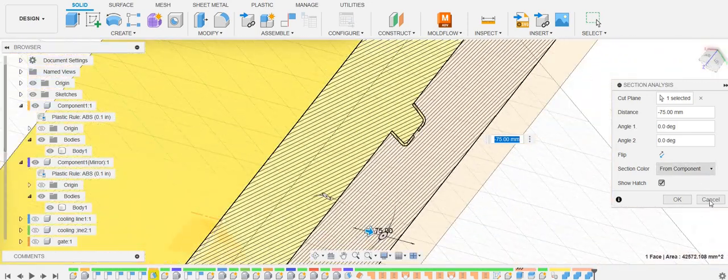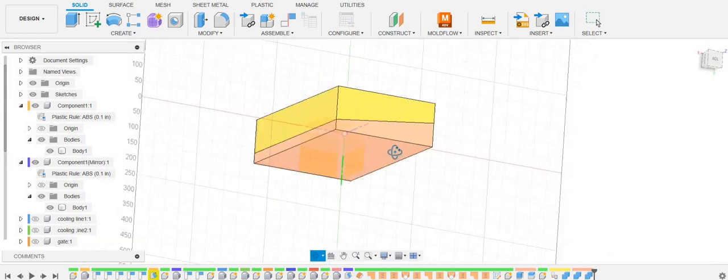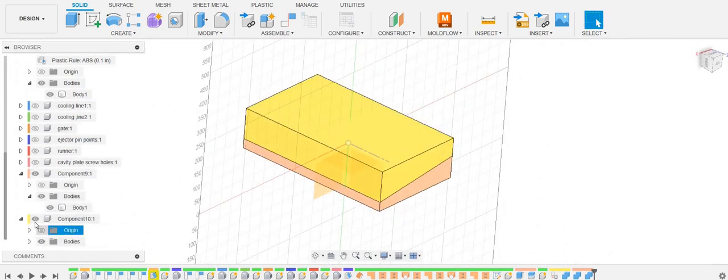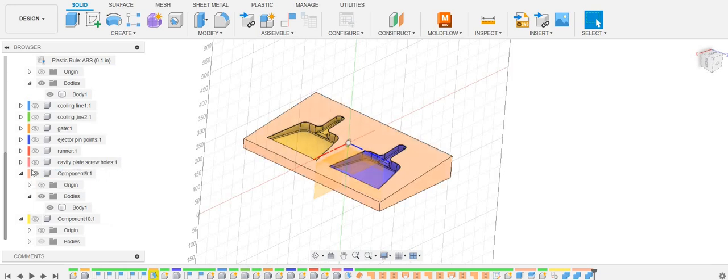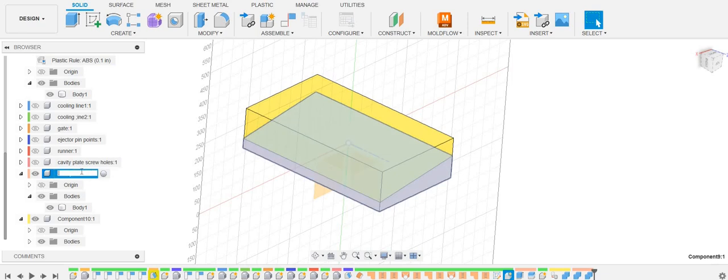So we have our core and our cavity piece ready. So we can go over and rename them. So we call this cavity